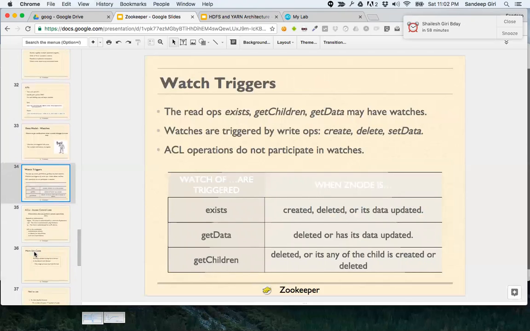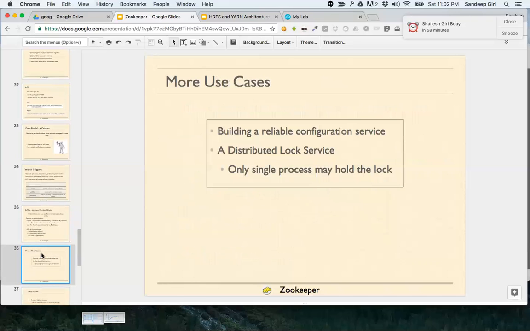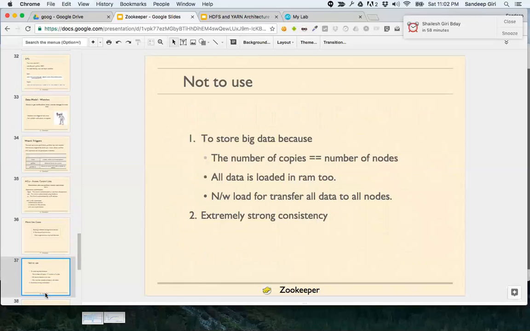There are many kinds of triggers. For example, the triggers that you configure in the function called exist will give you a callback when a particular node is created, deleted, or updated. So basically, Zookeeper provides you a way to call back. Now, before we stop today, here is an important part.